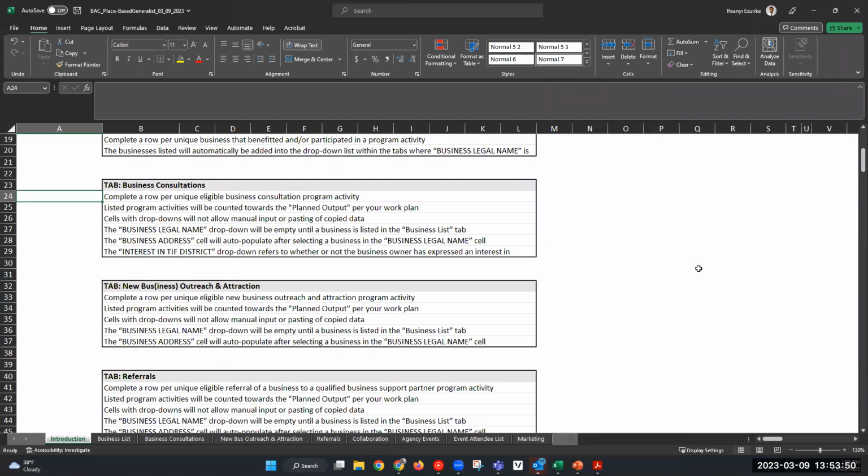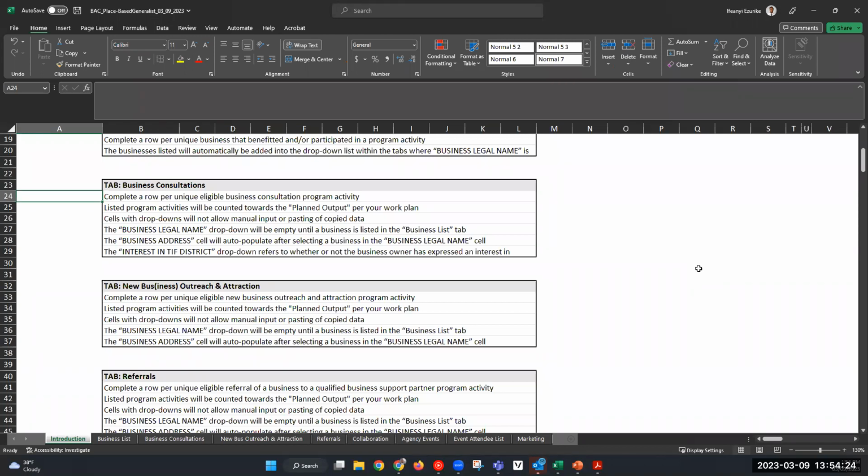Cells with drop-downs will not allow manual import or pasting of copied data. The business legal name drop-down will be empty until the business is listed in the business list tab. Again, it does much of the work for you after you've initially put those businesses in the business list. The business address cell will auto-populate after selecting a business in the business legal name cell.